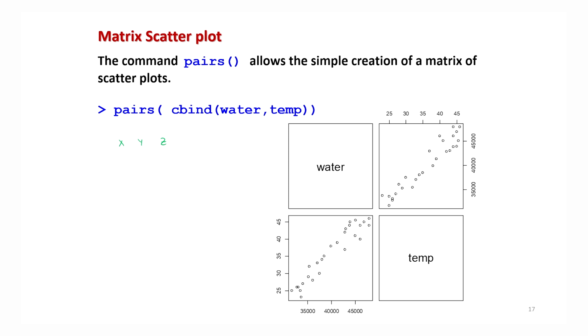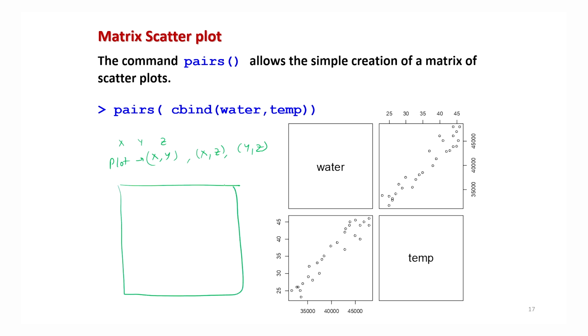Now, in order to understand the interrelationship between two variables at a time, what we can do is make a plot of, say, x and y, x and z, and y and z. If you try to make three different plots, it might be difficult to make a comparison. But similar to the concept we used in the multiple histogram, where we created the histograms of different variables in the same plot, similarly, we can create scatter plots in the same graphic.